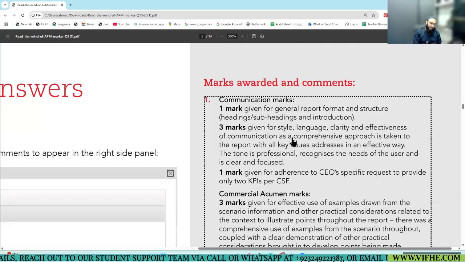See, they say a comprehensive approach is taken to the report with all key issues addressed in an effective manner. Overall, the communication was mostly correct. The tone is professional, recognizes the need of the user, and is clear and focused. Overall, your answer is relevant and addresses what was required. 5 marks, can you imagine?